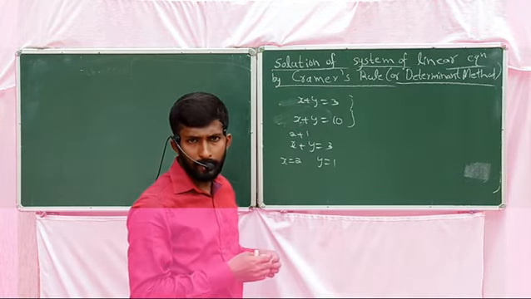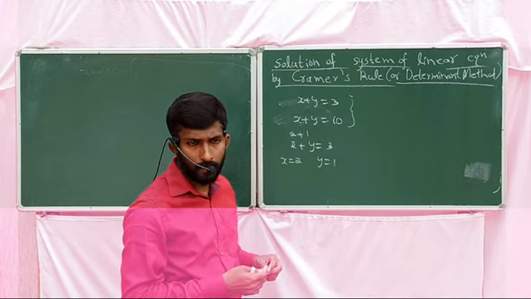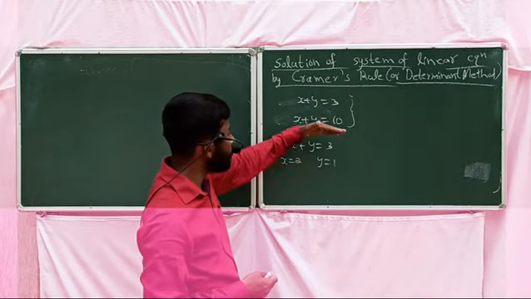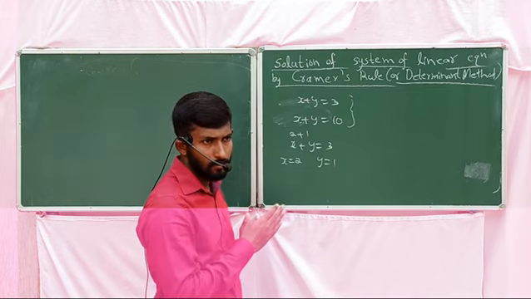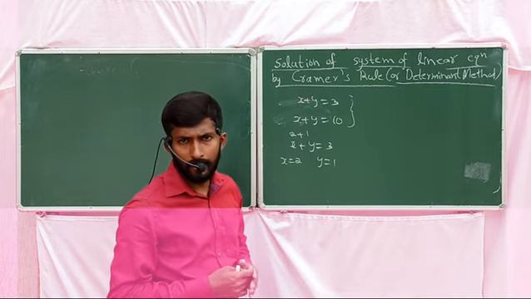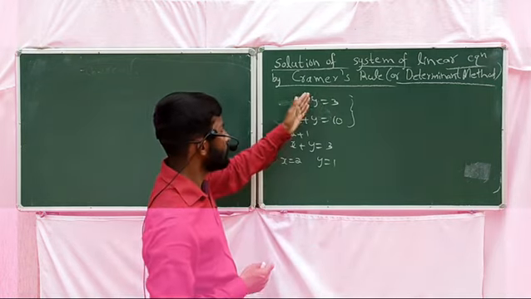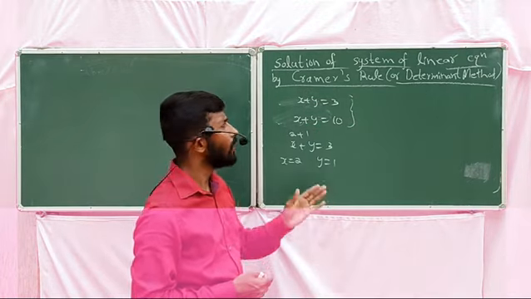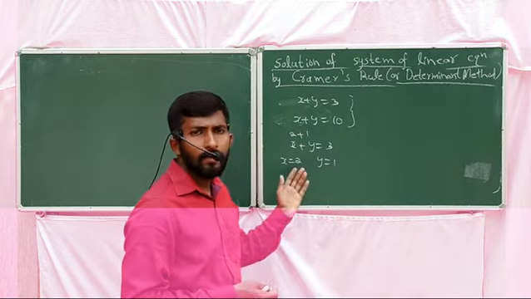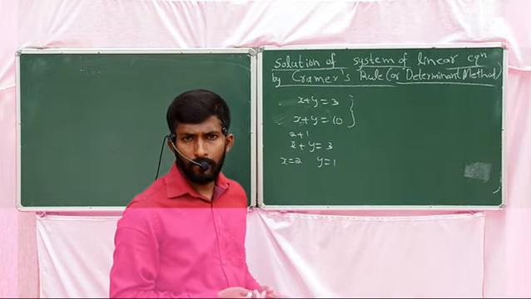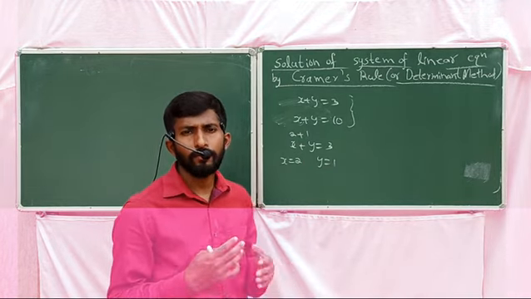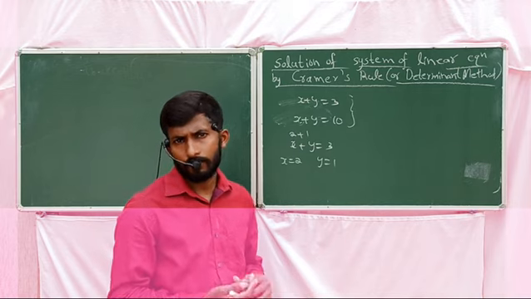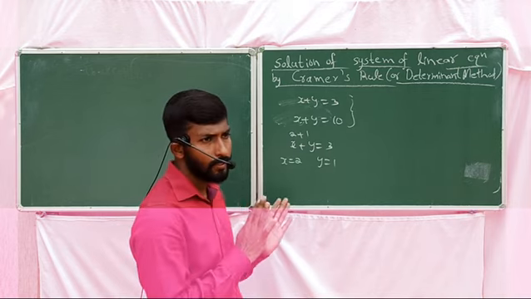Okay, we studied so many methods to find solutions. Again, you are going to find the solution for such systems by using the determinant method or Cramer's rule. The mathematician Cramer introduced this rule, so we call it Cramer's rule. In the examination, you will get a 1 mark, 2 mark or 3 mark question from this section. They may give "solve by determinant method" or "solve by Cramer's rule". Okay, you need to apply the same method.